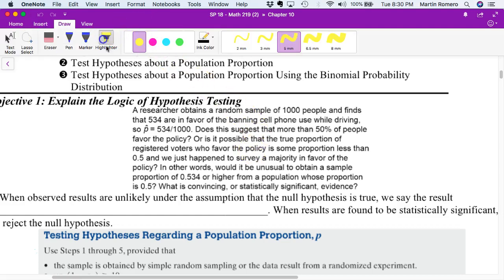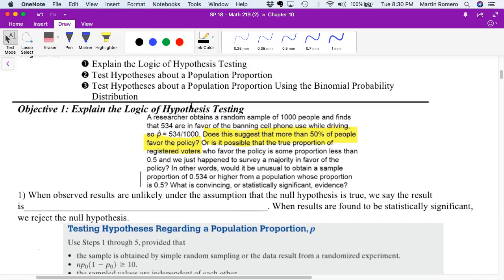Now, the obvious answer would be yes, it does suggest, but this is just a sample. And because we're doing a sample, more than likely, we're not sure that's the correct answer. So we want to find a way. One way we could test that is through a confidence interval. But in this case, we do a sample and we get a value of 0.534. It is greater than 50%, but that doesn't mean the true proportion for the population is greater than or less